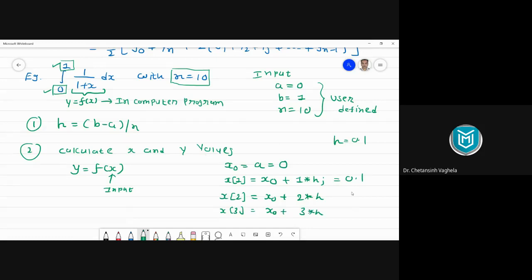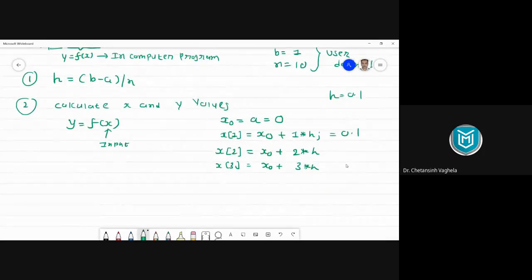So this way we can calculate x1, x2, and x3. Now, can someone tell me, if this is the process of generating x values, what will be the general formula for xi? Observe the pattern in x1, x2, and x3 and try to generalize it. So can someone tell me what I can write for xi?